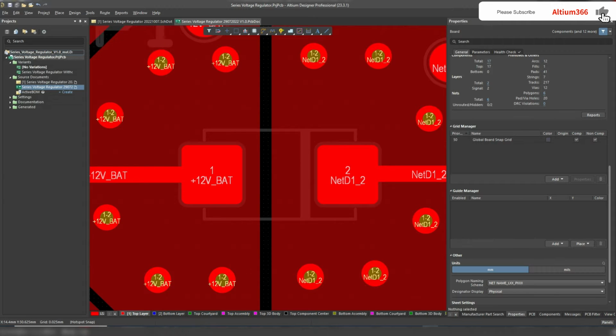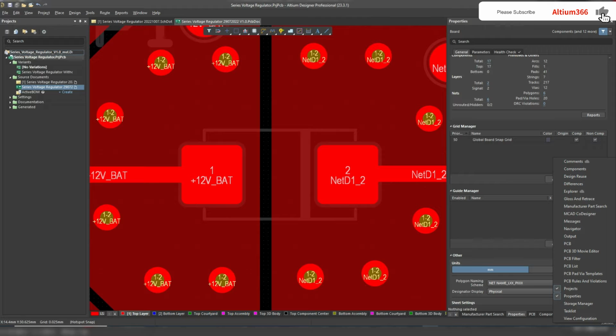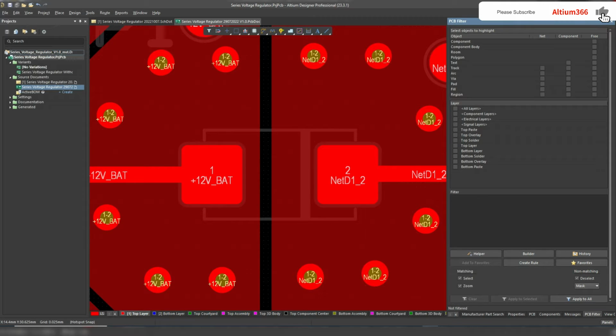For that, what you can do is go to the PCB. Here under the PCB, open this PCB filter, and we will write the function here. So it's for the vias, so you have to write IsVia, which means that it's applied only for the vias, and